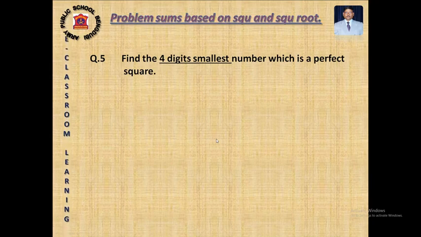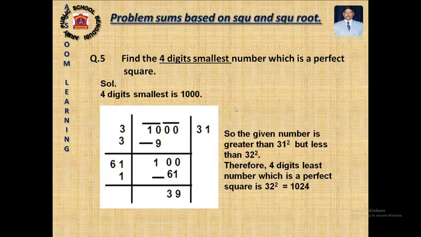That means the 4-digit number will be just above 1000. How to find it? When something has to be added or subtracted, I have to follow the long division method. When we perform the long division method like this, you see, I have placed one bar on the pair of 0 and another bar on 10. So out of 10, which number when multiplied comes to nearby 10? 3. 3 threes are 9. After subtracting, I am getting 1. I am bringing down the pair of numbers, that is 00.